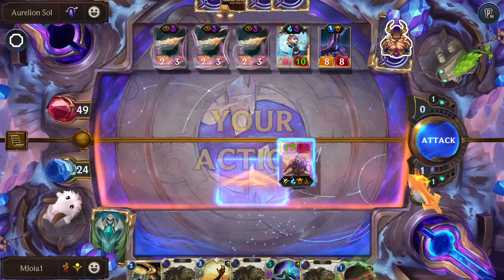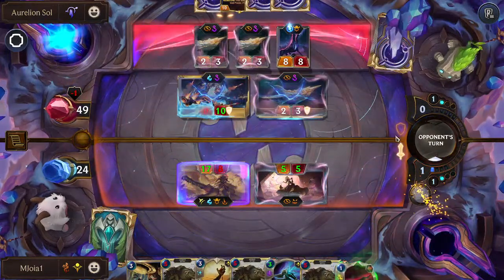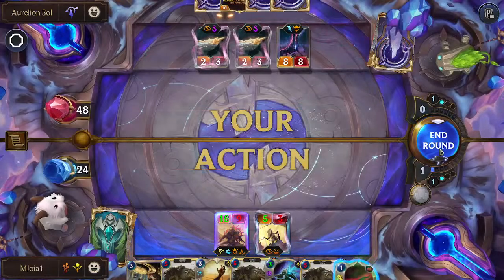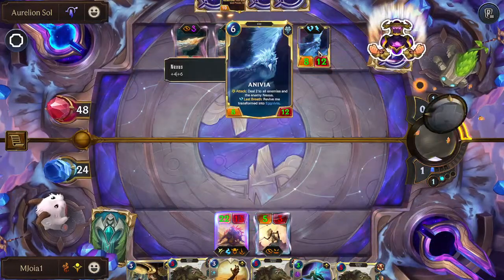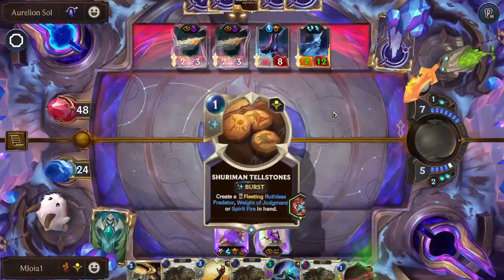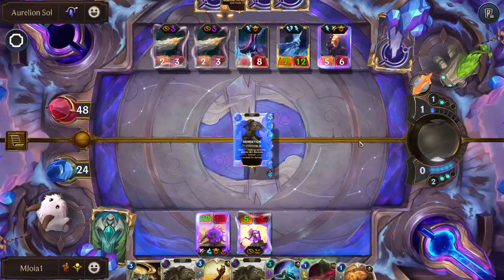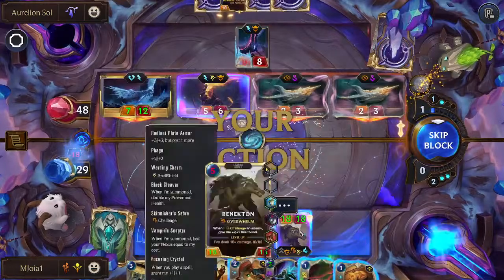Stun both of my units. I don't think it matters, right? I can clear both like this. I might not be able to drop Renekton next turn depending on what he gets. Stuns both of my units. I think I definitely need to drop Renekton here. Heal a bit, get something that...